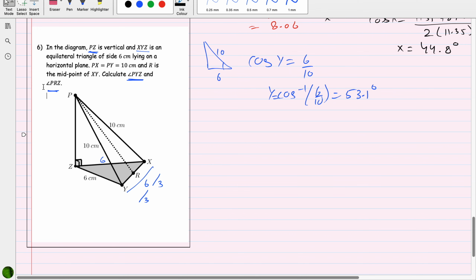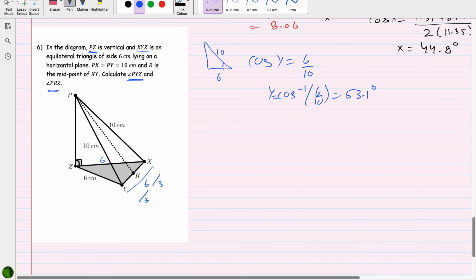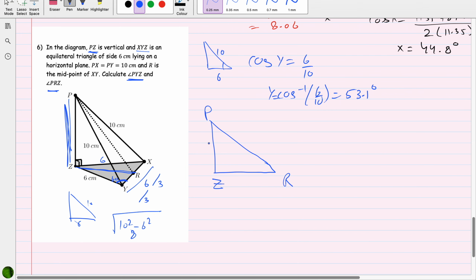Second part says PRZ. This is P, this is R, this is Z. So PRZ. In order to get this, we need a few values, any of these. So if I solve for ZR, I know that this is 60 degrees. First, let us solve for PZ, because we already know PY is 10 and this is 6. So solving for this, that is 10 square minus 6 square whole square root, that is 8. So height is 8,